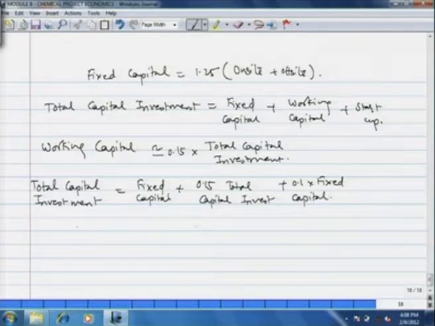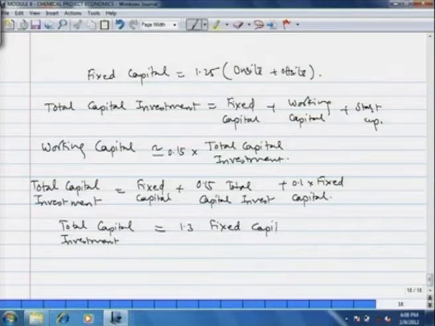And then if you rearrange this and simplify, you get total investment is equal to 1.3 times fixed capital. But fixed capital itself is a sum of on-site and off-site cost,